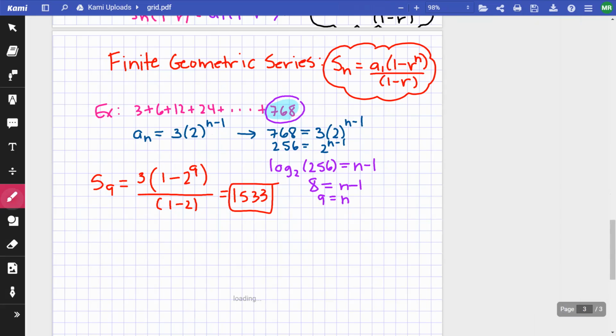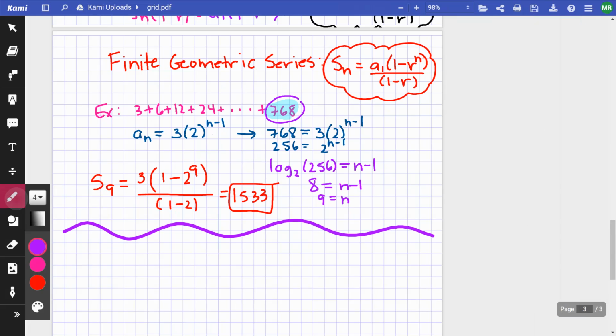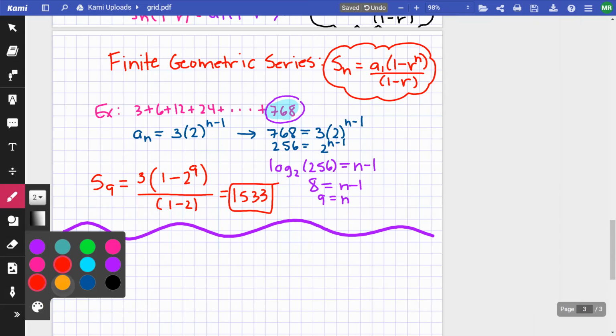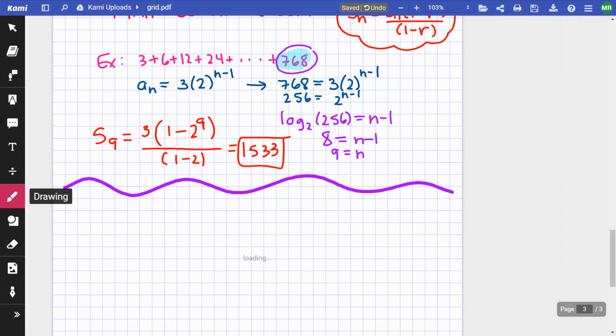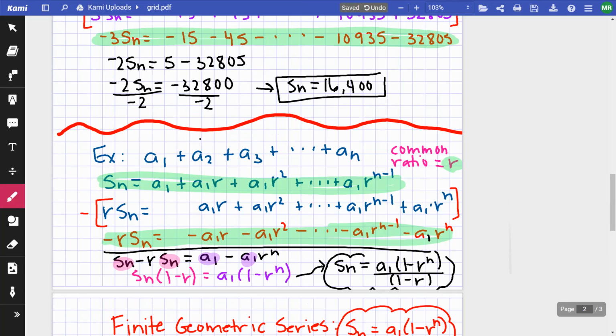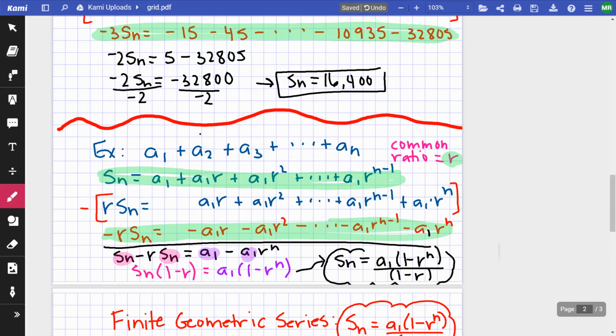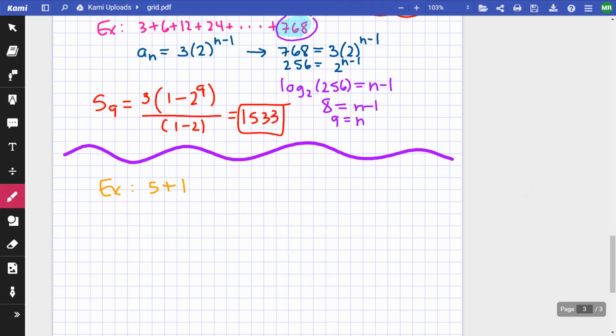So if I'm doing this one, let's say in this example, we had 5 plus, let me just double check it, 5 plus 15 plus 45 plus, and we went all the way up to